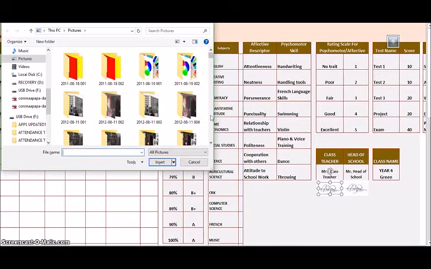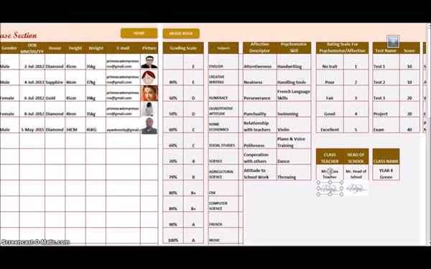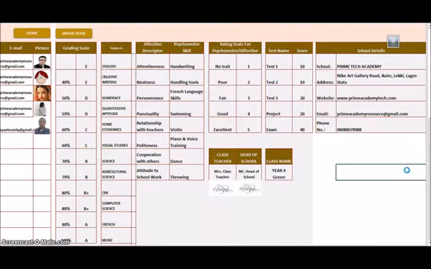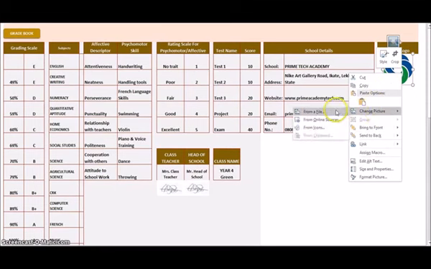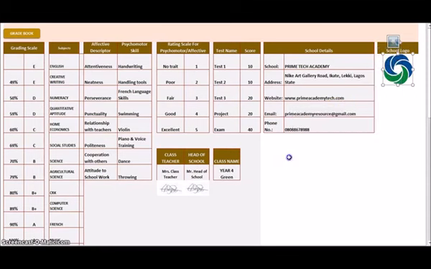Don't forget, it's in image format, so you must have scanned and saved it on your system so that you can always pick it here. You do the same for the head of school. And moving forward, the last thing we have here is the school logo. You right click and do the same thing. You pick your school logo on your system wherever you have saved it. Don't forget, to make this work on some systems, you do Control K. And I think that is that